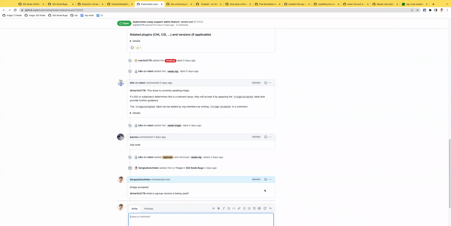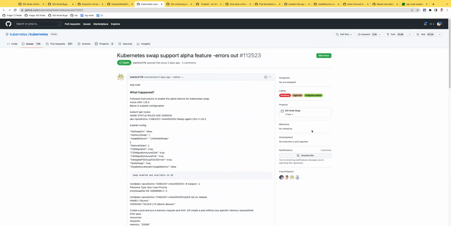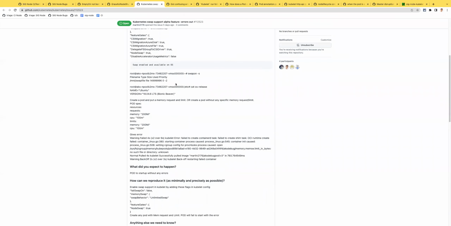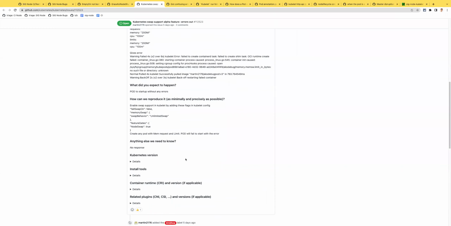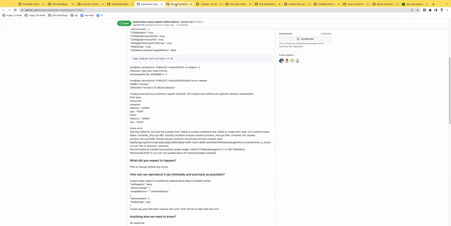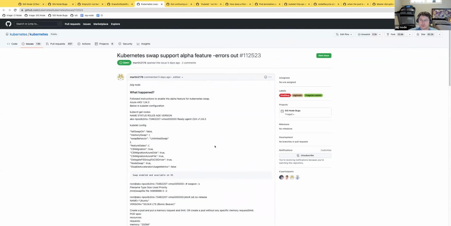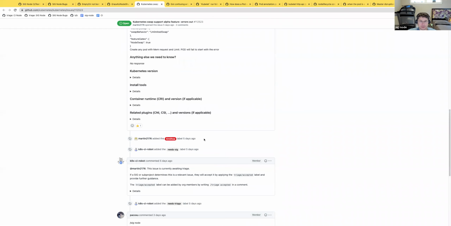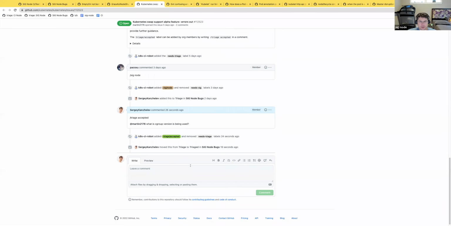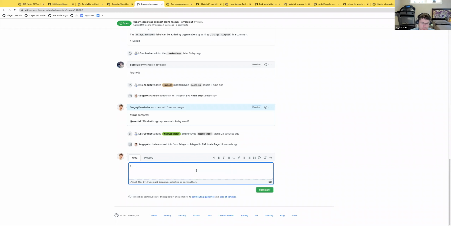I'm not sure if everything is fully implemented with cgroup v2. Okay. Yeah, I triage accepted it and see what cgroup versions they will say, but then we need to take a look. Let's say priority.